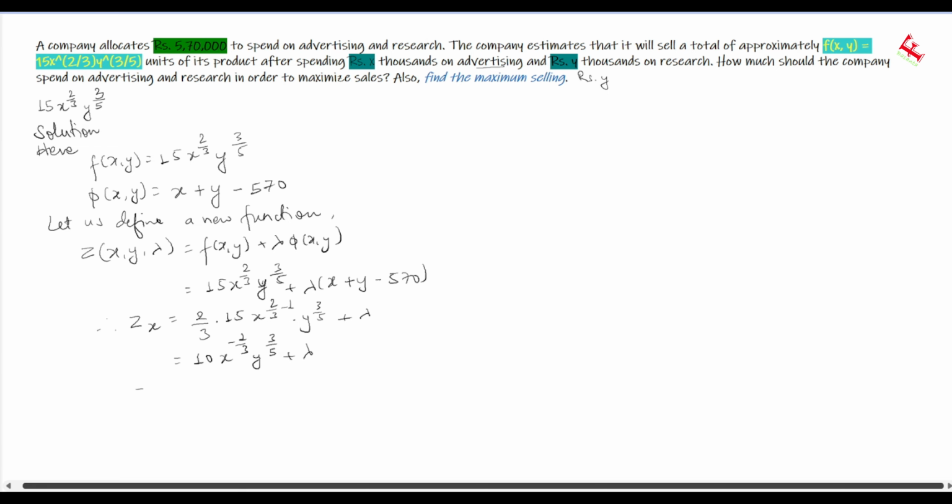Similarly, we'll calculate in terms of y. While solving, we'll get x plus y minus 570. Now we need to find the stationary point. For the stationary point,